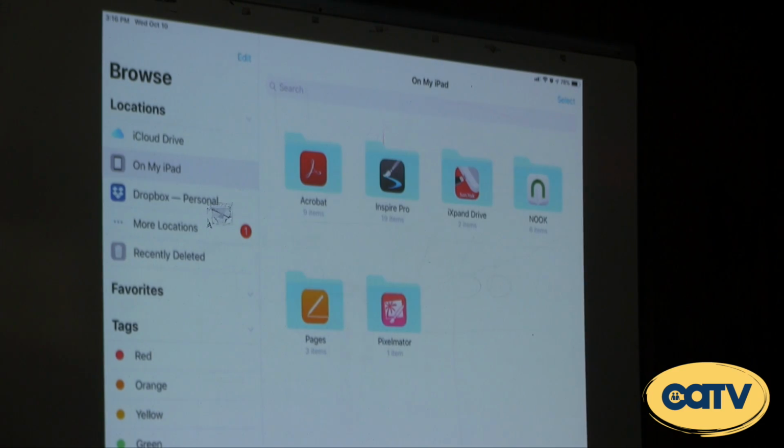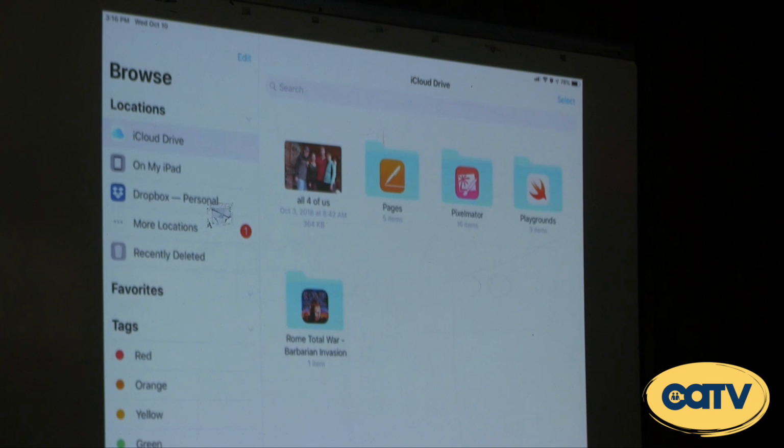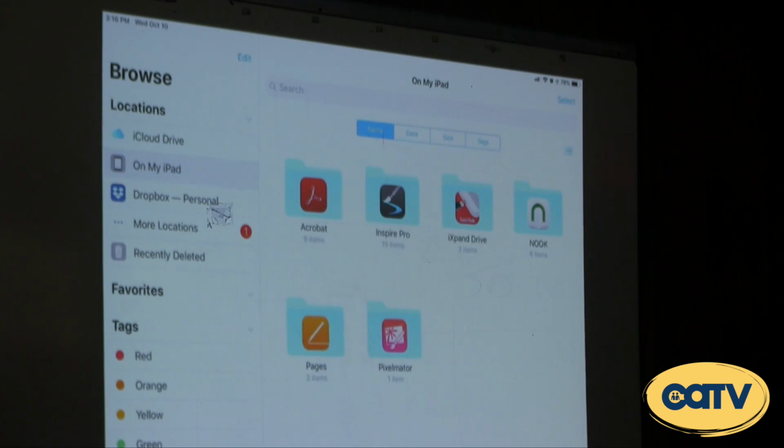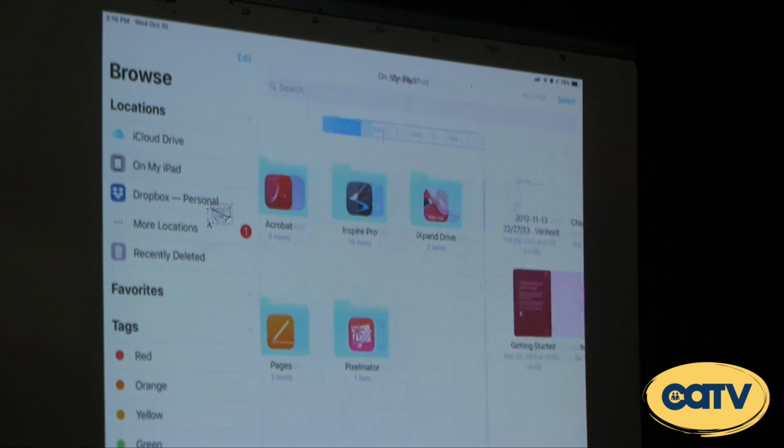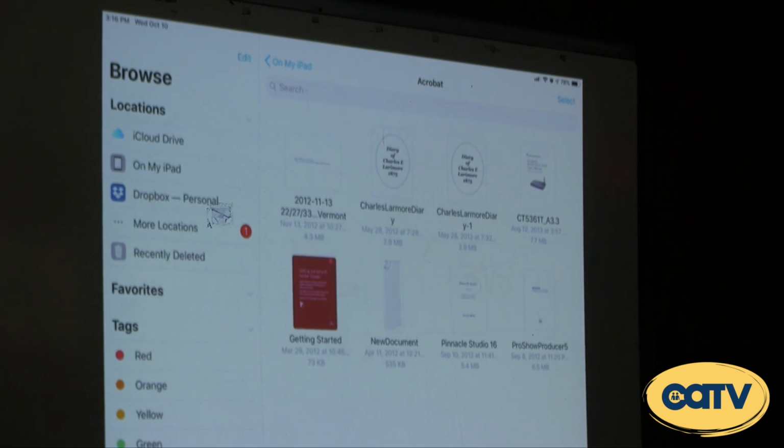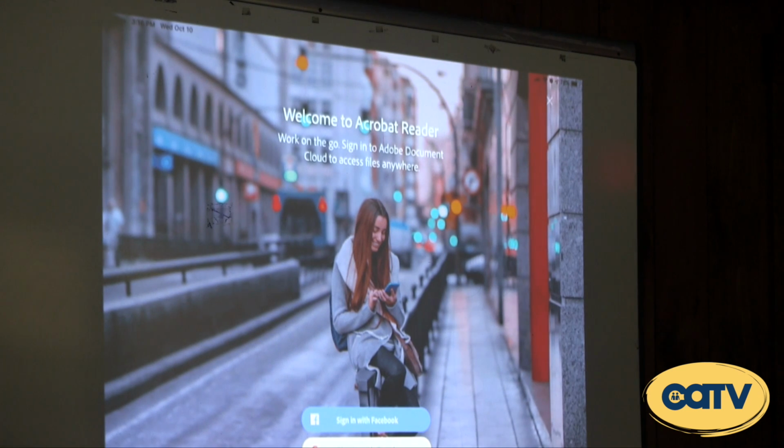And you'll notice when I bring it up, it automatically lets me get to all the places it thinks I might want to look for things, like the iCloud Drive, files that are actually local on my iPad, in my Dropbox, and so forth. And it can go other places as well. So if I look on my iPad, it will tell me files that are associated with those applications, and so forth. So if you bring up a file,